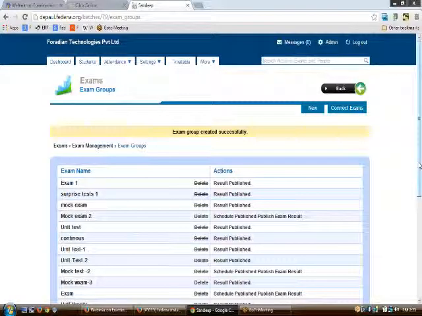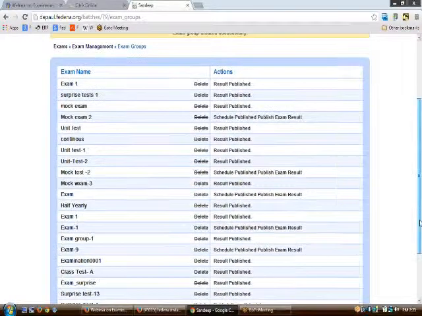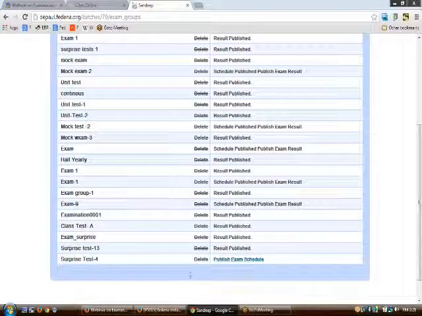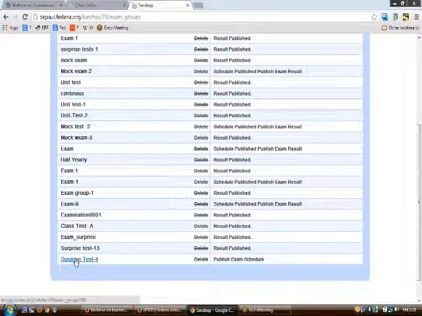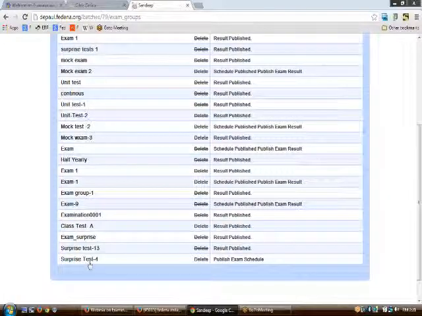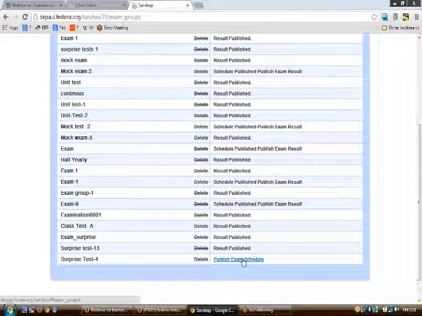Once the examinations have been created successfully, if you want, you can go and select and publish the examination. So the one that we have entered, Surprise Test 4, is coming up in the last part. It says publish exam schedule. Once the examinations have been published,